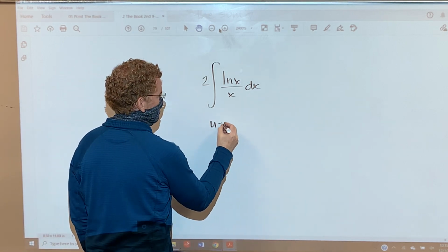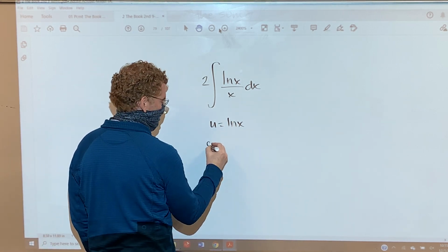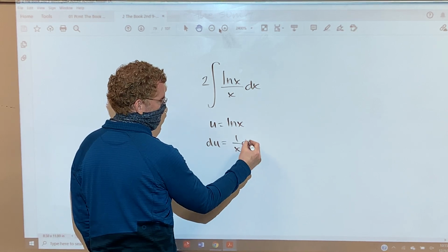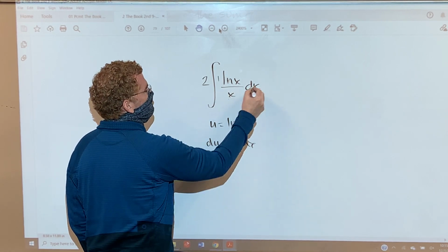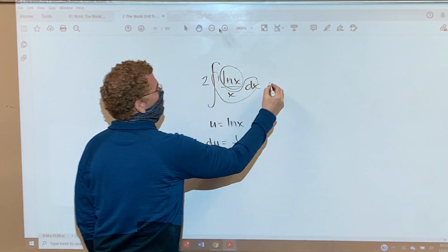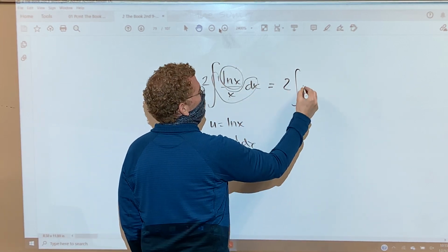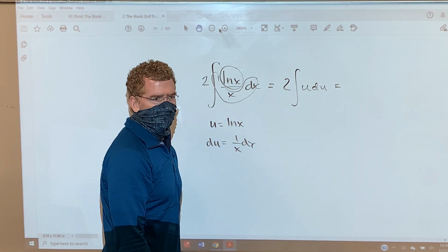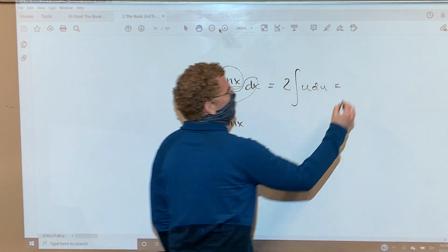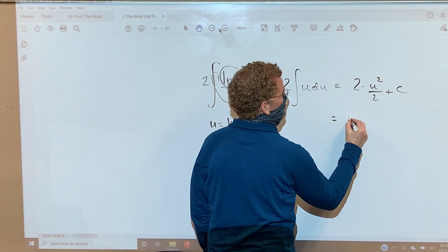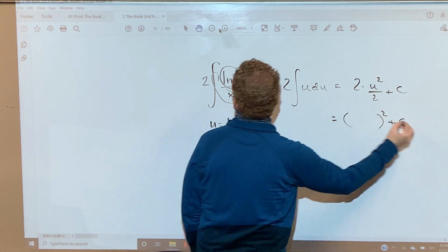ln x. See, now if my u is ln x, what's the derivative of a natural log? 1 over x dx. Ah, 1 over x dx. So there's my u, there's my du, 2 integral u du. Just ends up being a power. Y'all seeing that? So you get 2 u squared over 2 plus c, so u squared plus c, and your